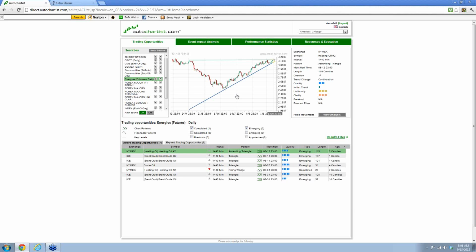One thing I want to look at right now is the Forex markets. With Autochartist, you have the choice to go with chart patterns, Fibonacci patterns, or key levels. The chart patterns are your conventional triangle, rectangle, wedges, channels. Your Fibonacci patterns start out with a simple ABCD pattern, and they progress to more complex patterns such as butterflies and Gartleys. The key levels are pretty straightforward because they're basically a line on the chart that shows a breakout